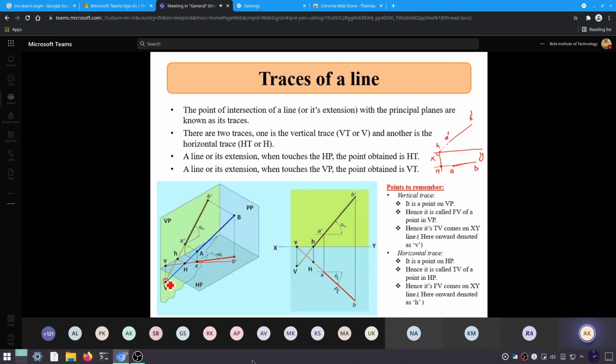So this is the same line, right? Which is passing through capital H and P. Right? यस सर. यस Okay. सर